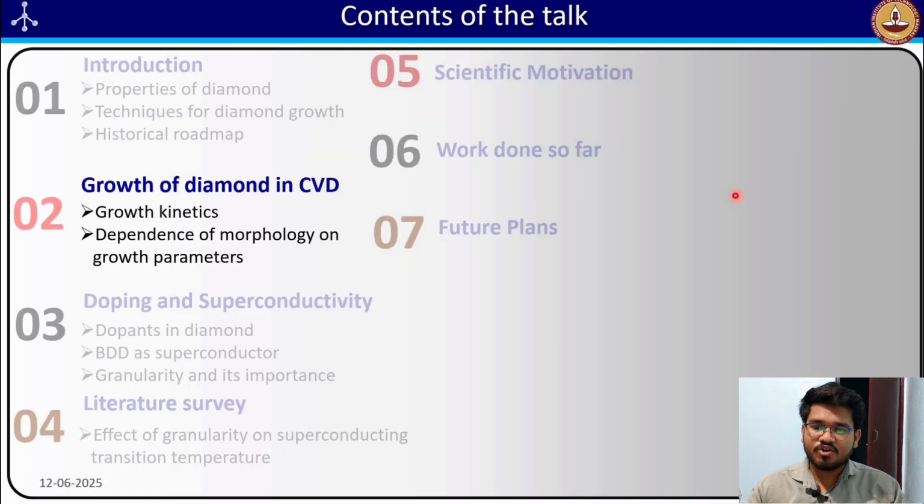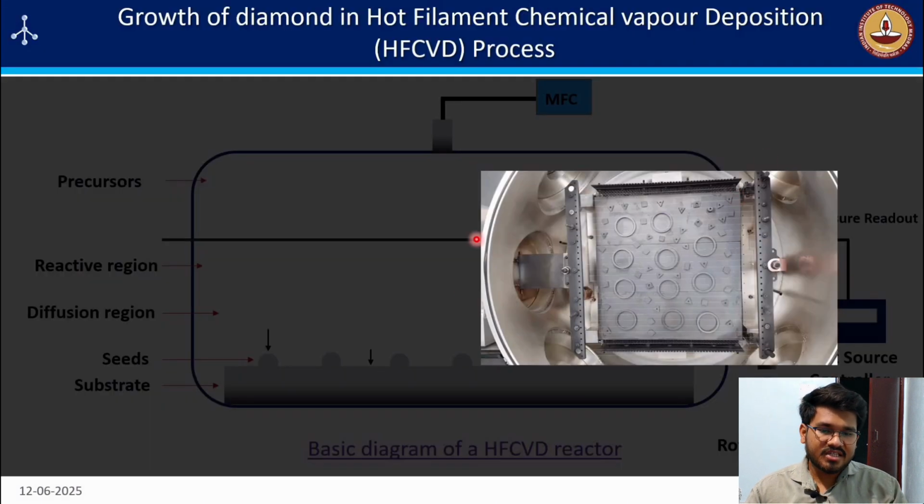So now, going to the growth of the diamond in CVD: growth kinetics and dependence of morphology on growth parameters. This is basically a top view of the hot filament chamber with the lid open. We can see various quartz crystals to have a uniform distribution in the chamber. We have a couple of filaments, 30 to 31 filaments. Basically you put the substrate below this heated filament,